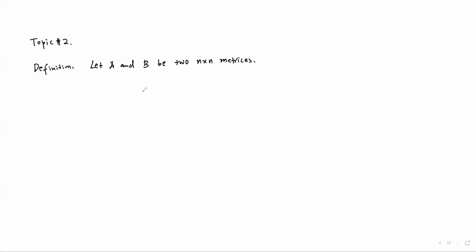Then we call these two matrices similar, not equal, but similar,